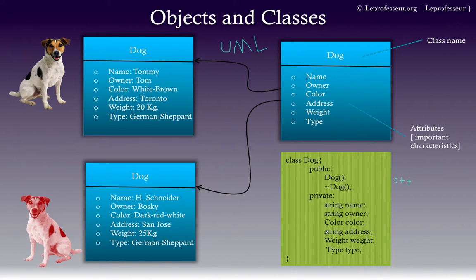We're not going to go into detail on how to implement in a particular programming language. You may watch my other lectures on C++ programming, but the idea here is how we can represent it. This is UML, the modeling world. This is the implementation world. Okay, the same class